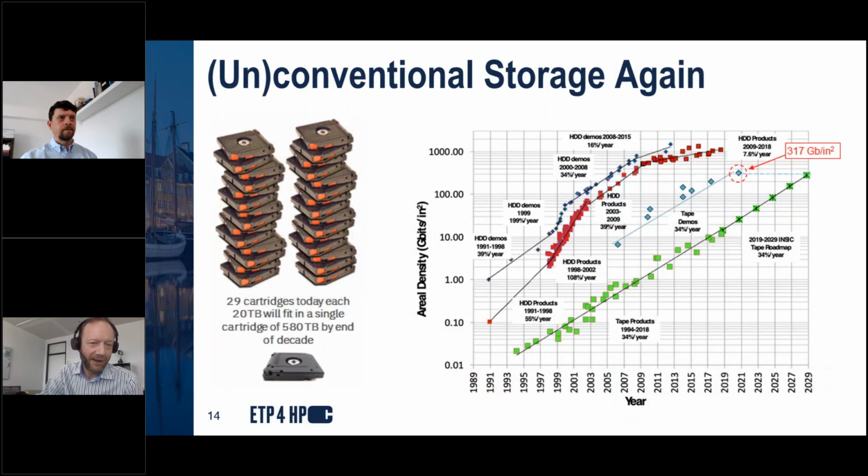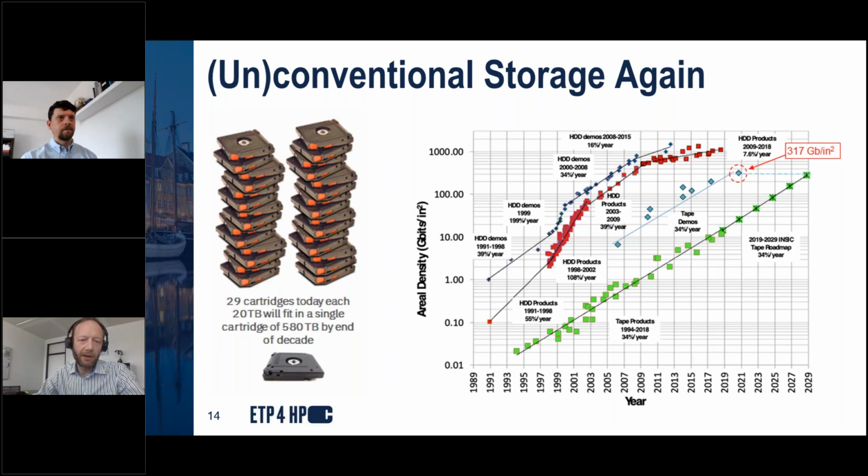And I like to say one kind of storage technology that used to be very conventional, to the point that it was almost promised to disappear at some point in time, has gone through a major renaissance, if I may say. And this is magnetic tape storage based technology. The reason why it is interesting is there are now again and again technology demos that are showing, and these are shown with the blue lozenges in the middle of the graph there,